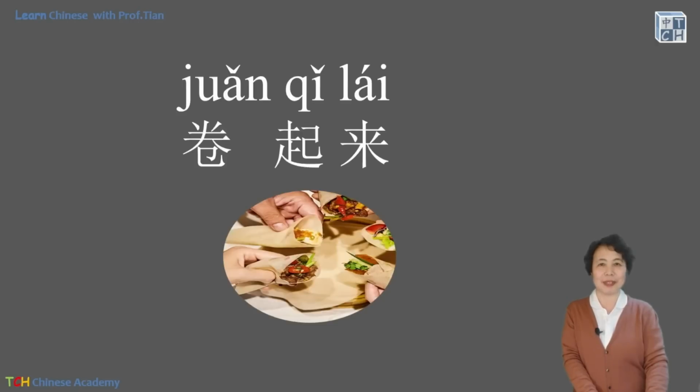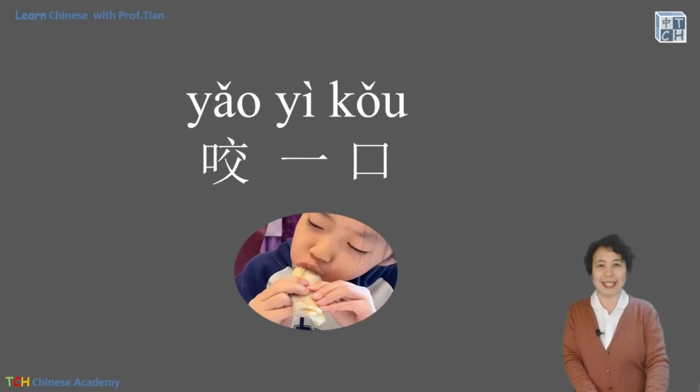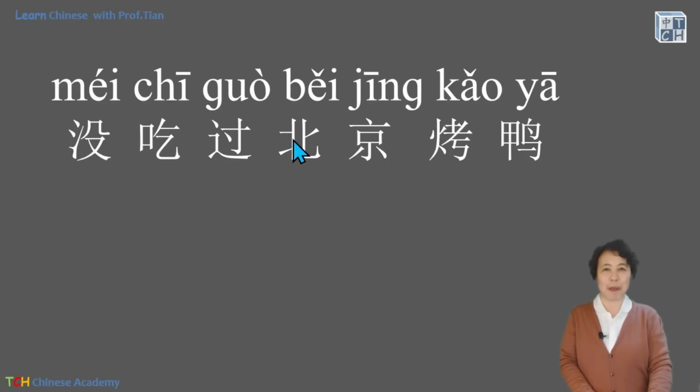And next, we say 卷起来. So 卷, look at this word, that means roll. So you put everything here on that 卷饼, and then you start to 卷, roll it up. So 卷起来 like this. And when it's rolled up, it's ready to enjoy. So that is 咬一口。咬 means bite. And 一口 is one bite, one mouthful, like this. So 咬一口 it tastes so yummy. 很好吃。